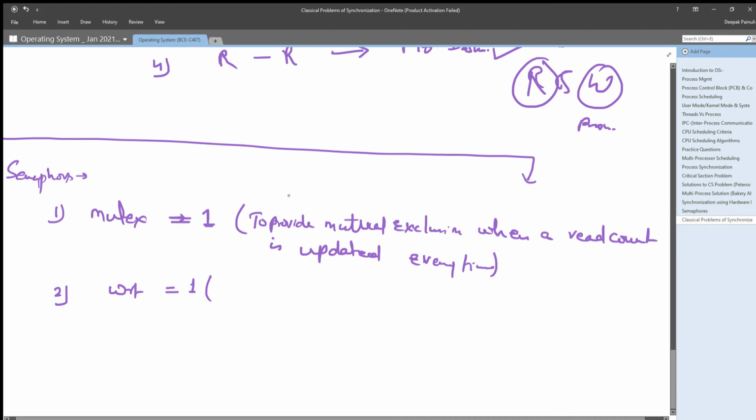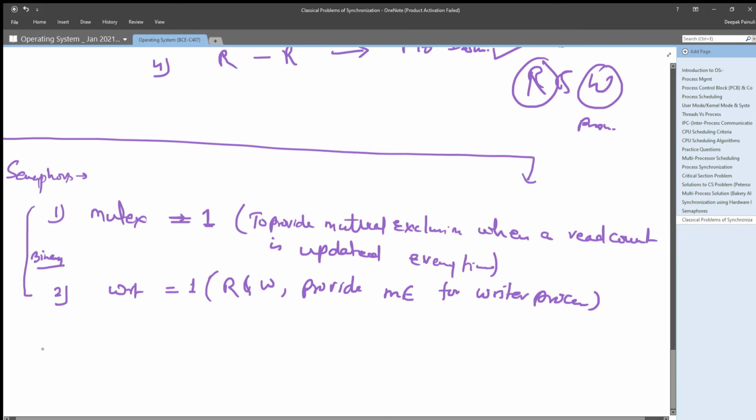This will be the common semaphore for reader and writer, which will provide mutual exclusion for writer processes, right? Because the critical area is the writer process, so we need to maintain mutual exclusion at the time of writing, whenever multiple processes want to write over any object.